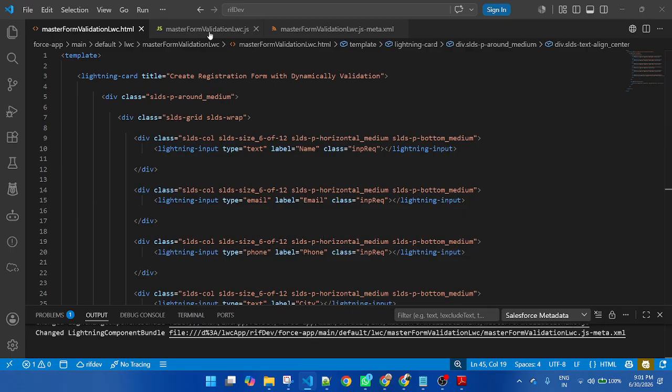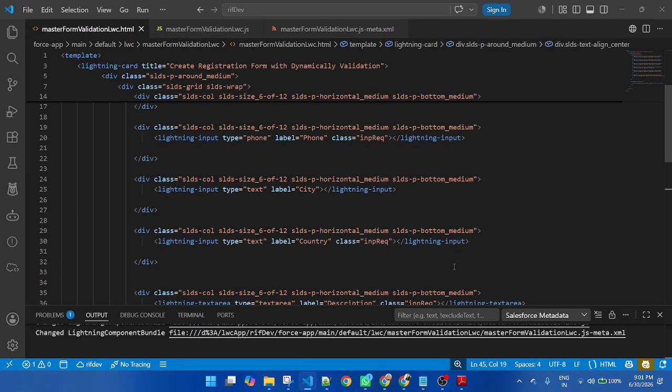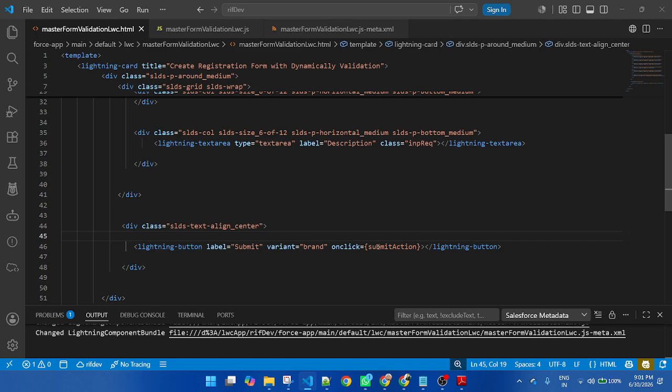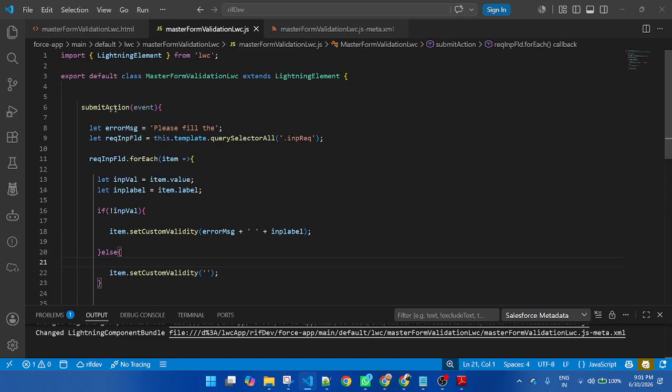Now let me go to the JavaScript file. In the JavaScript file, first I create a method, a JavaScript function, submit action. In this submit action, I first created two types of variable. The first variable is please fill.